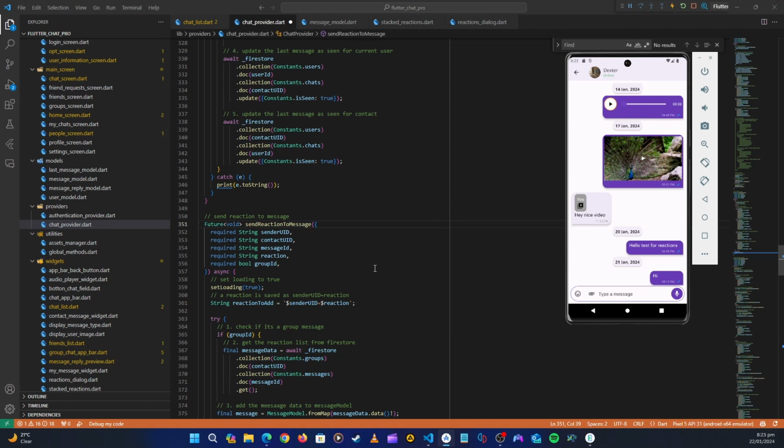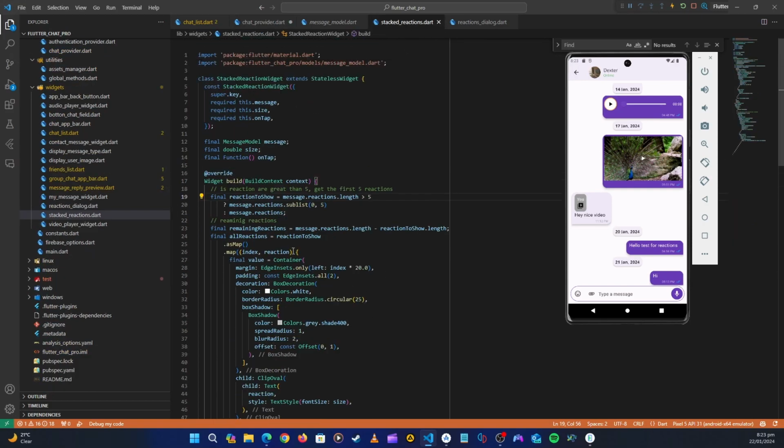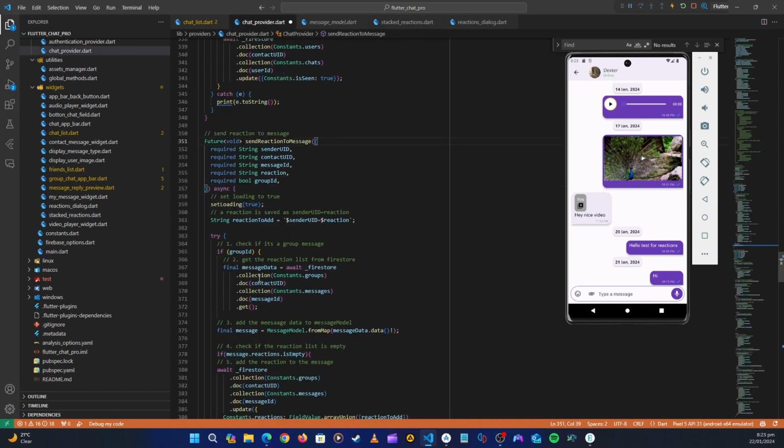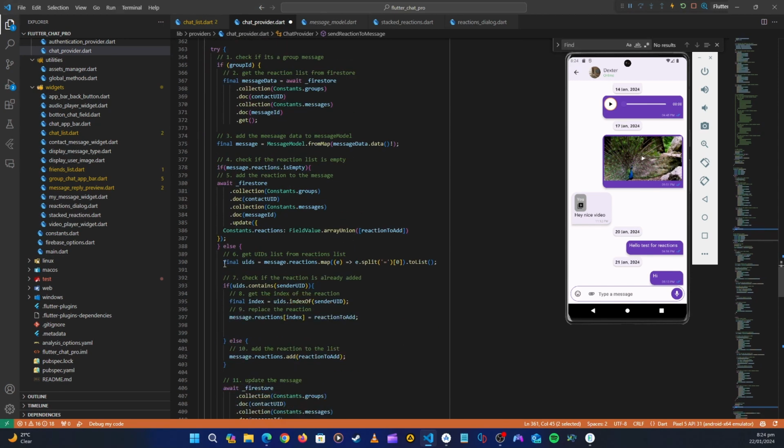Alright, so let's continue. In the last one we just created this method. So now to display it also, we need to go back in the stacked reactions. Let's not forget that here when we are sending the reaction, we are sending them like this. We have forgotten that in the stacked reaction we need to extract only the reaction. So we are doing the same as what we are doing here. So maybe let's just copy this method,